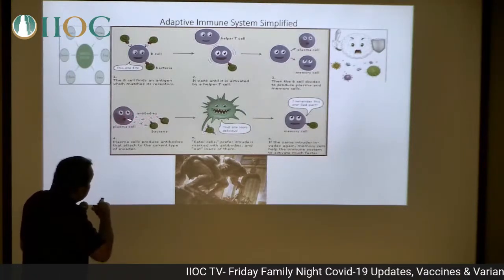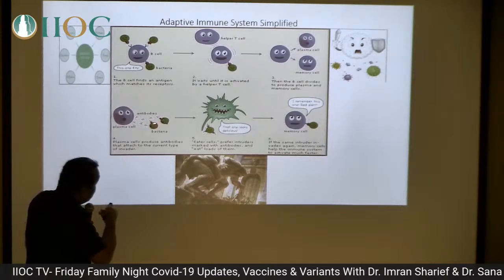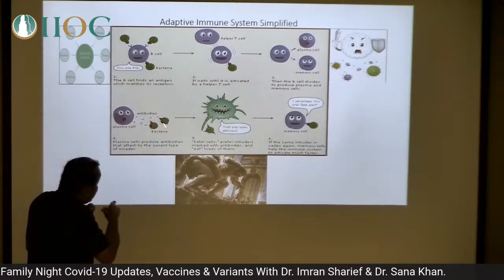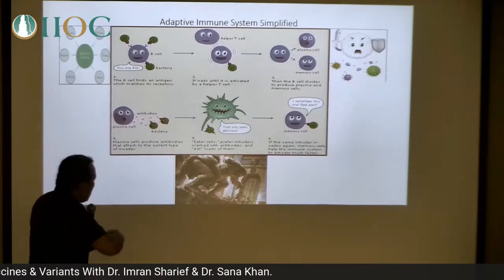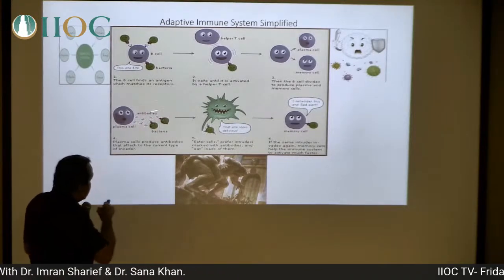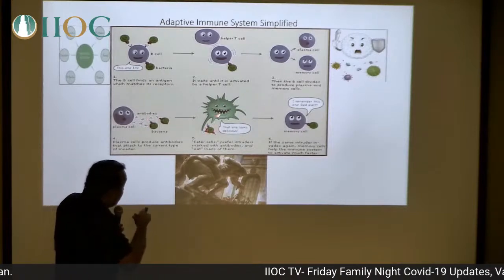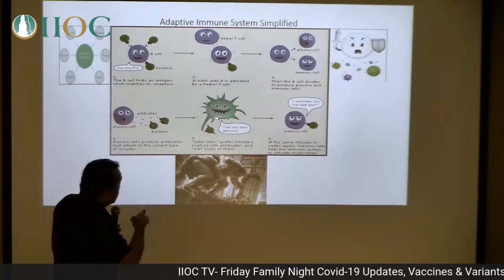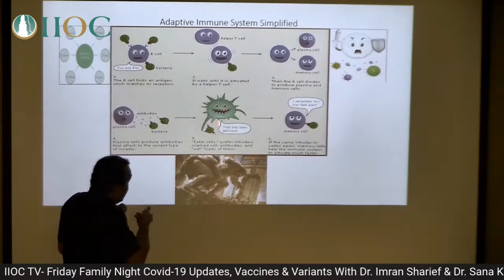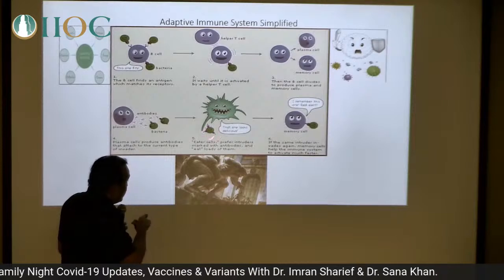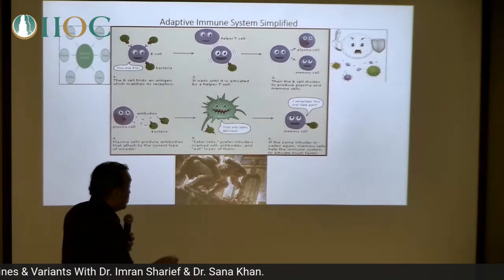So instead of producing the whole cell, just these attachments that can fit to the foreign invader are produced. When it does that, now it's tagged. All of these are tagged, so they can produce hundreds of thousands, if not millions of these antibodies. As soon as these invaders are tagged, these big, tough-looking, bigger cells, or eater cells we call them, will come in and start eating away at everything that has this tag. So that's the initial response.